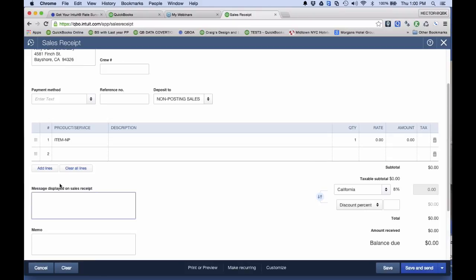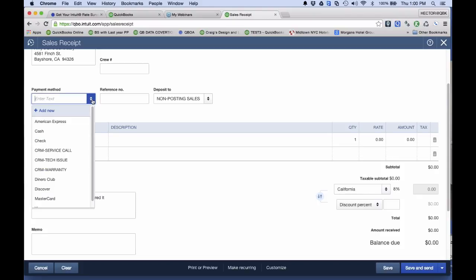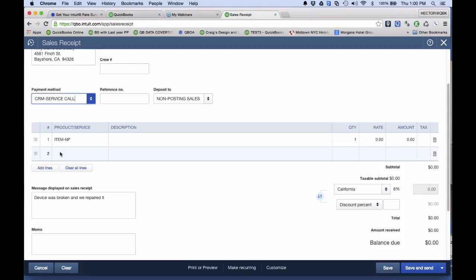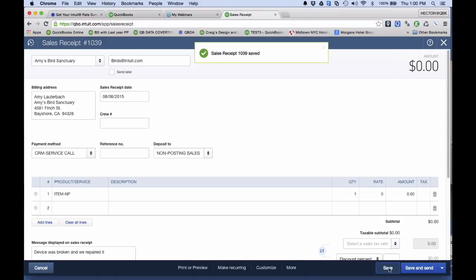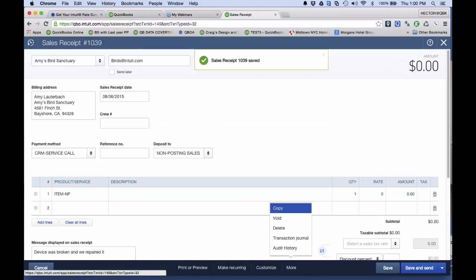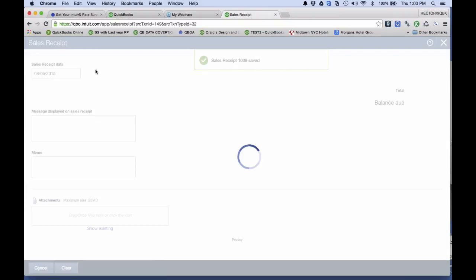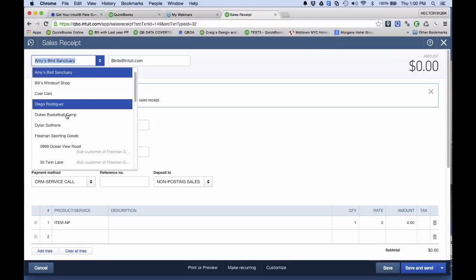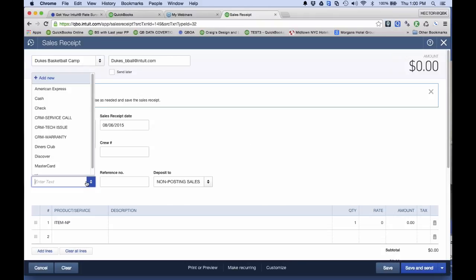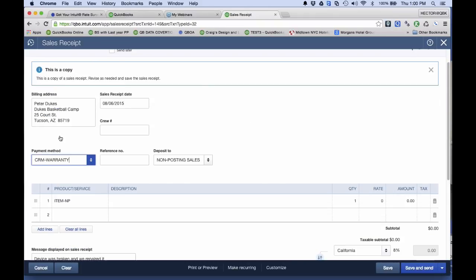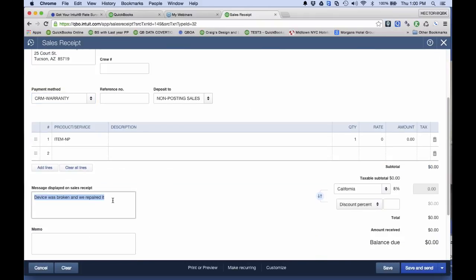So I want to put something like, device was broken and we repaired it, right? Whatever it is that I'm going to use, and I'm going to select that service call item there. So I'm going to go ahead and save this one, and I'm going to duplicate it just to kind of simplify the process here. I'm going to duplicate it and do a different circumstance, so a different customer altogether. Let's select that one, and then this one was let's say a warranty call,